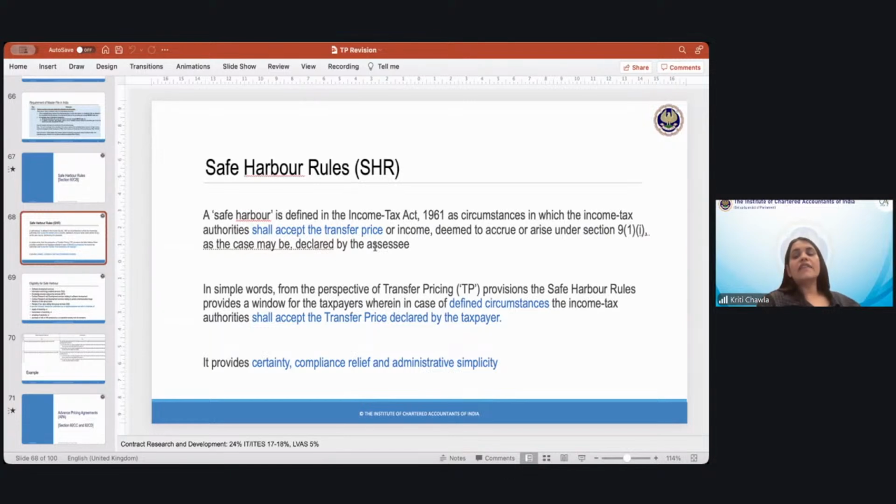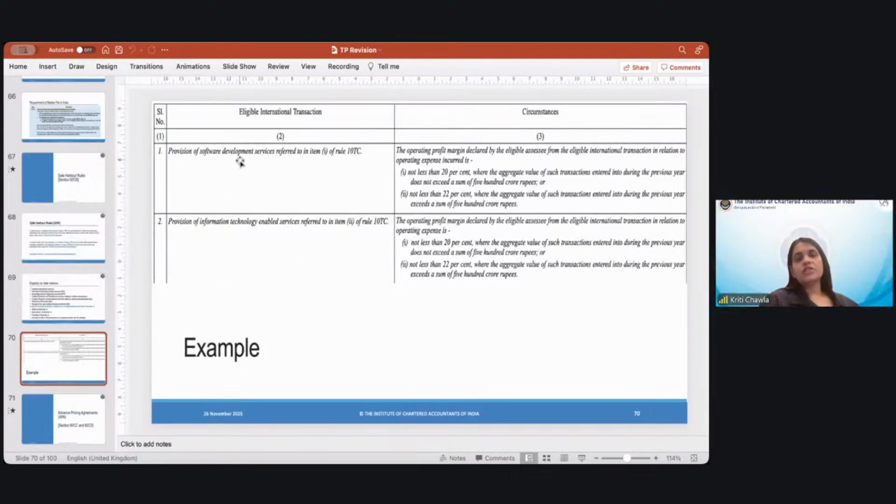In simple words, they have defined some circumstances, and with those particular circumstances, they have identified the transfer price that should be declared by the taxpayer that will be accepted. As an example, they basically say that if you are providing software development services, then the margin, if it is 20% or 22%, looking at the aggregate value of the transaction, will be accepted as the transfer price. These are basically called safe harbor rules. Then they have also provided